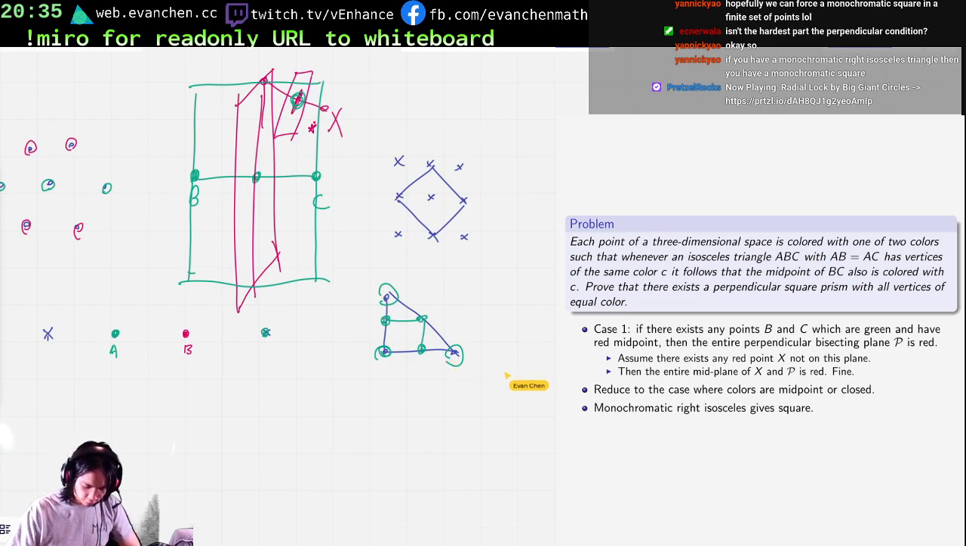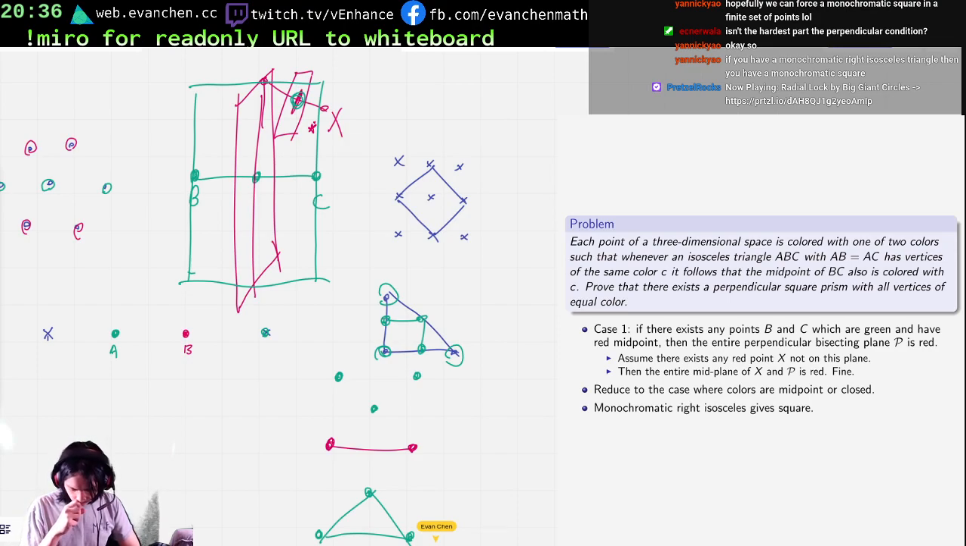So what do I start and say? Let's say I have 2 points of the same color. Okay, and I claim that I can find a monochromatic right isosceles triangle as promised. Because if not, then this point, this point, this point, this point, and this point all have to be green because they make whatevers. Okay, and now you have that. So starting from 2 points of the same color, you can extract